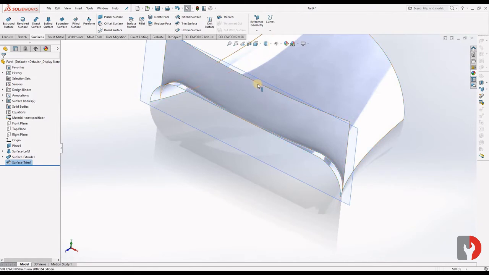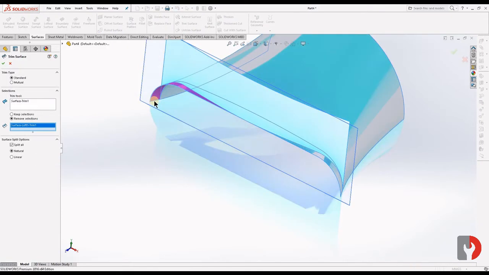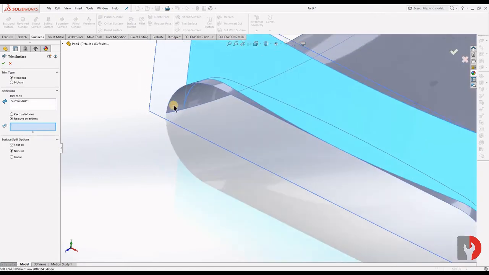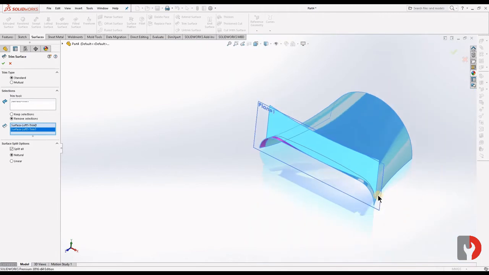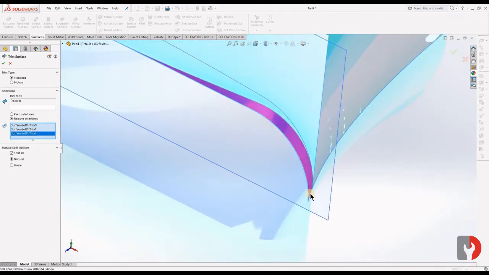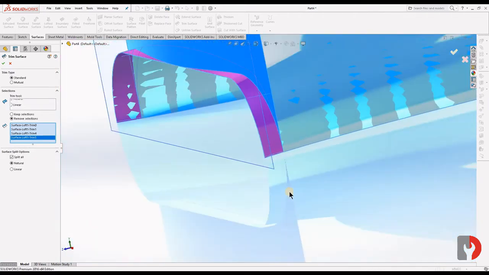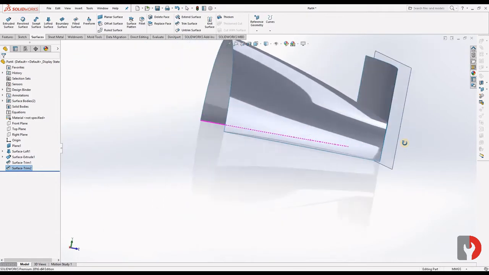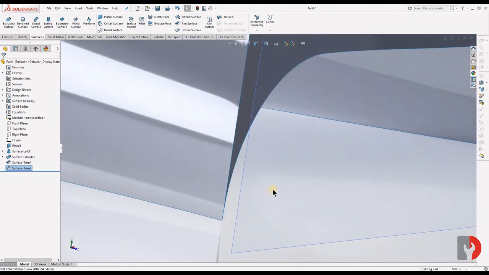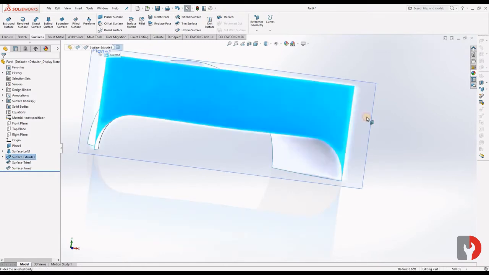Now we will choose this surface, trim surface, and trim the surfaces. Okay. Click on OK. Ensure that you have trimmed all the unwanted part. Okay. Now hide this one.